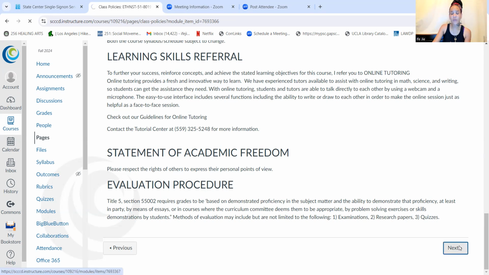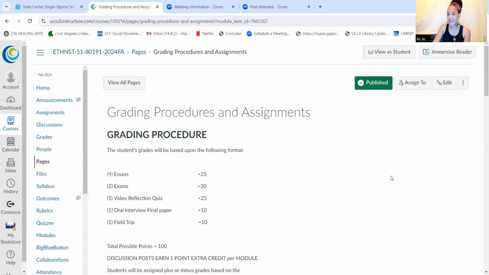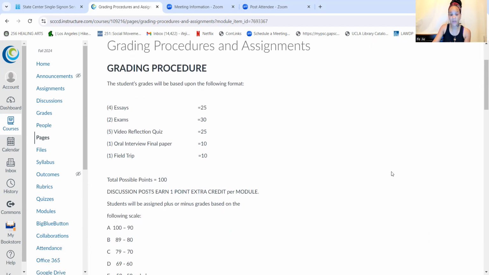Now, as we go into the course, I want to bring you to the good stuff. How are you going to be graded, and what are your assignments going to be? For this course, we have quite a few things that we get to explore. The first thing that we have are essays. You're going to write a total of 4 essays for the class. Each one of these essays is about 2 pages long, and I'll go into them a little further in just a second. You'll have 2 exams, a midterm exam in about October, or about mid-semester, and then you'll have another exam towards the end of the course, okay?